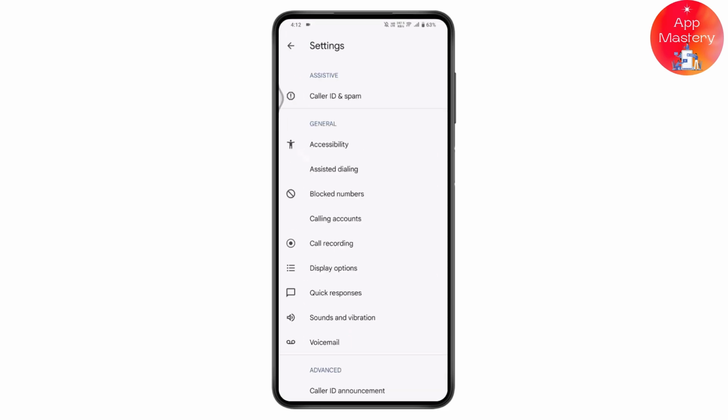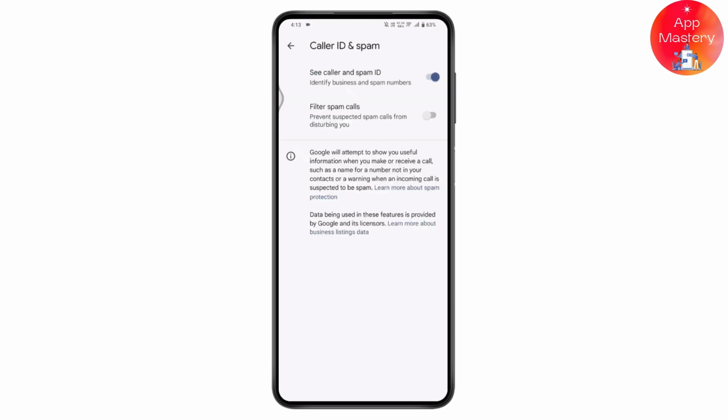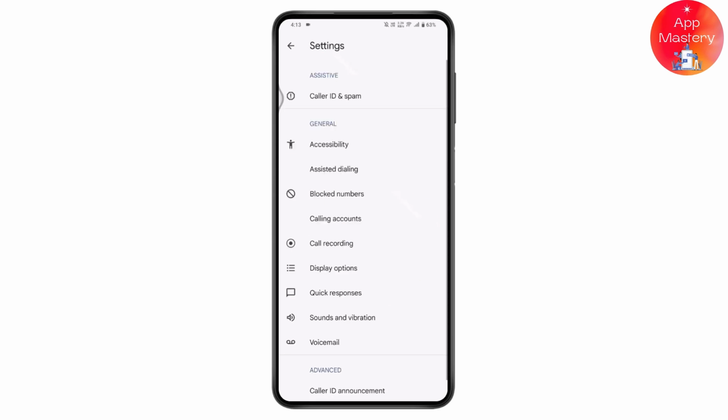settings. Under your settings, go for the caller ID and spam, and here you need to toggle that on. So you just need to toggle on see caller and spam ID, and once you toggle that on, now you'll be able to receive. But if you're not being able to receive even after that, then you just need to